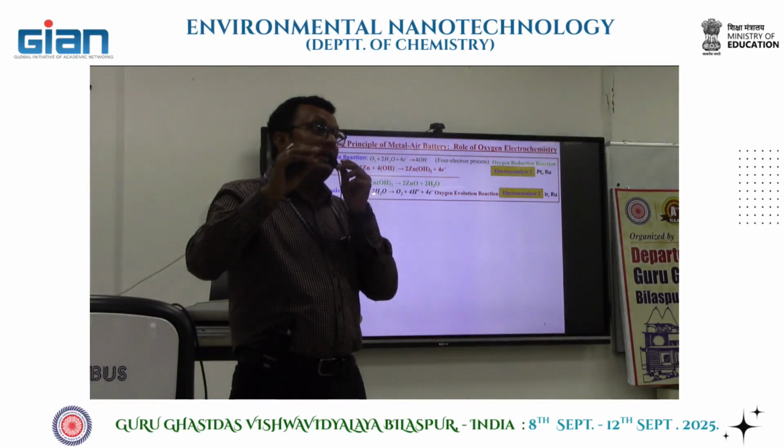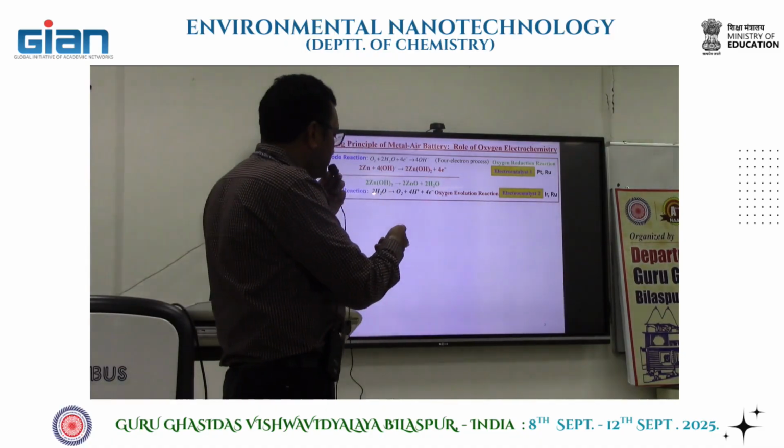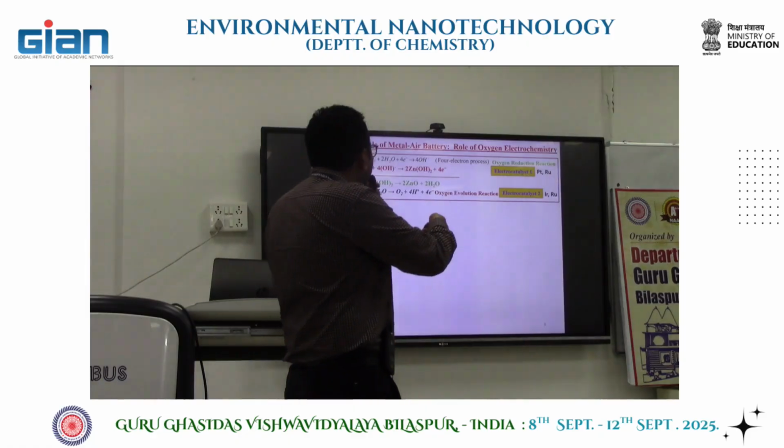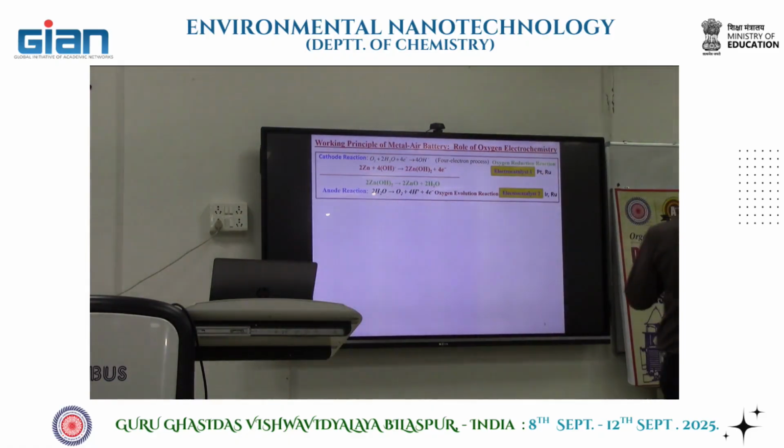Found the metal layer battery, so you just remember two terms. One is the oxygen reduction reaction, ORR in short, where typically oxygen gets reduced with the help of some catalyst to water mainly, but here it is written as hydroxide ion. So oxygen gets reduced, and as a counter reaction, once a redox reaction is happening, then